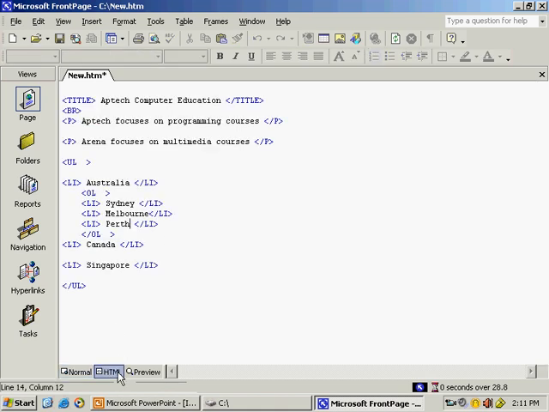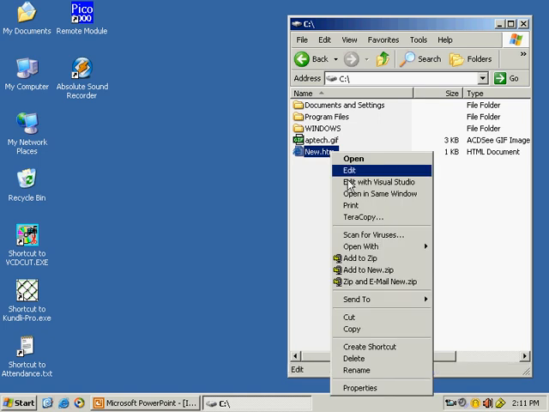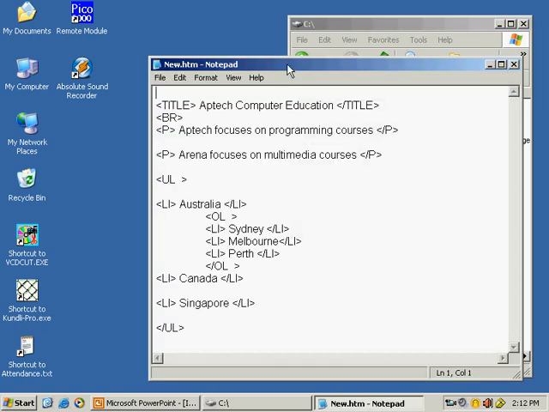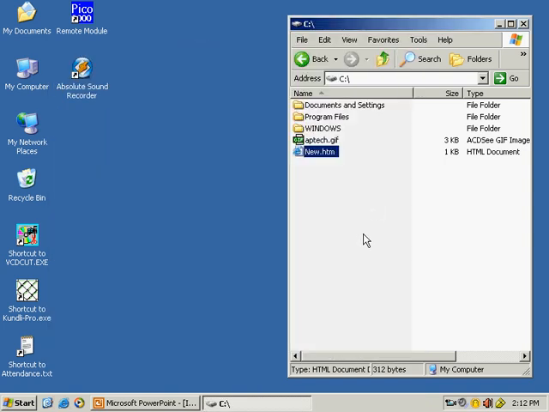You can come to HTML and you can see automatically the starting tag and ending tag have been added and the city name is added. You can come to preview to see the output immediately. This way it can be done, and when all is done you can press save. You can close, and open through Notepad and see the changes. You can see automatically this line is added. So we don't have to find the codes and see these ugly codes and then write the required things. Through FrontPage you can do it easily. So this is the advantage of FrontPage.